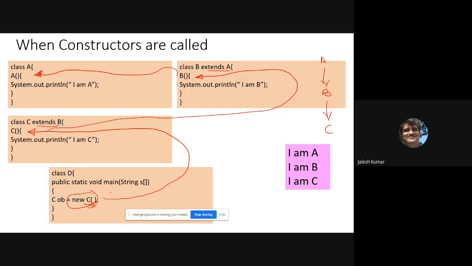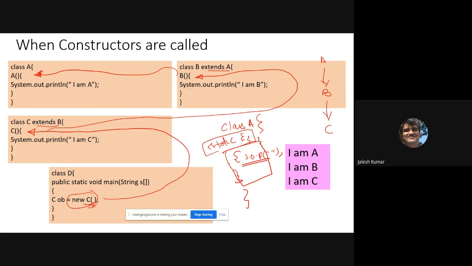Yesterday, I gave one example: inside any particular class, even if you don't write anything, if you write an initialization block, it is also like a constructor itself, a default constructor. Whatever you print inside that will be invoked. Like a static block, which will be executed before main, but this will be invoked when you are creating the object. A name is not necessary; it is treated as a default constructor. So that is another piece of information you should know.